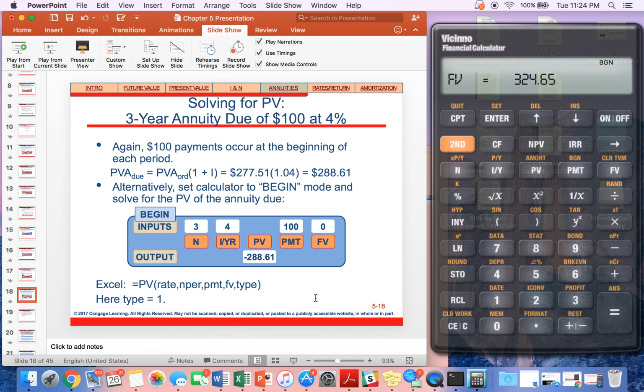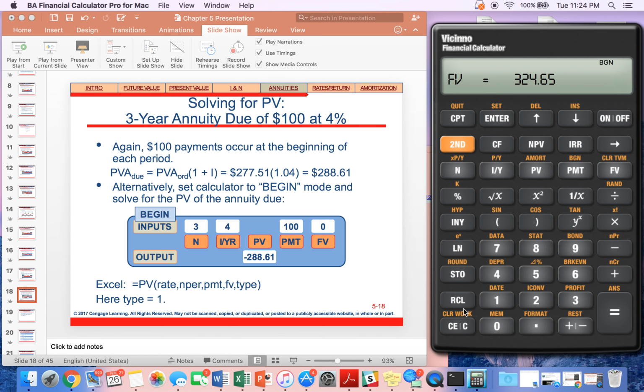And then vice versa, just like we did previously with the ordinary annuity, we can solve the present value of the annuity due. So same thing, our N is 3. We're investing for 3 years at a rate of 4%. So that's our I/Y. We're solving for the present value, so we're going to go ahead and skip over that. Our payment is 100. So remember, with a present value of an annuity, your payment is positive and your present value is negative. We don't have a future value, so we'll plug that in as 0, and then we'll compute